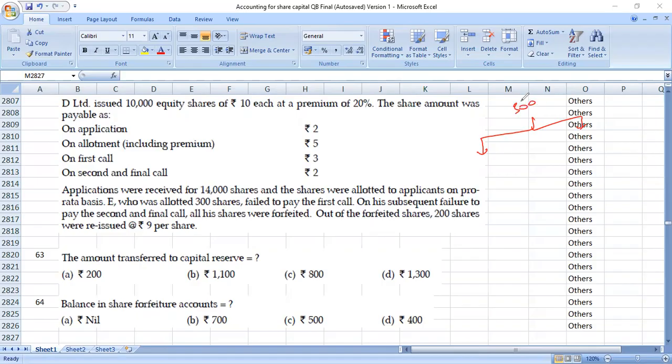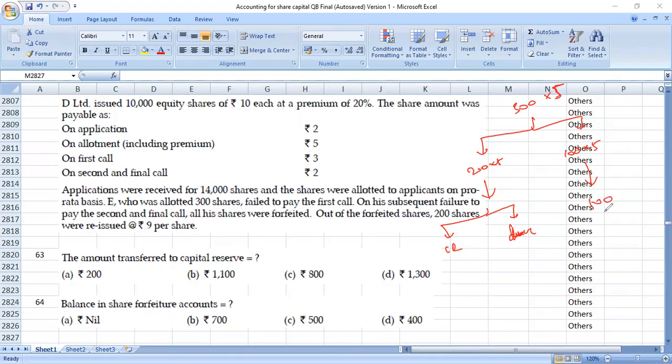Forfeiture shares account-ல இருக்காது. 300 shares were reissued, 5 rupees per share. 300 shares were forfeited, gain on forfeiture 5 rupees per share. 200 shares reissue ஆயிடுச்சு. So இது சம்பந்தப்பட்ட gain on forfeiture either capital reserve போயிருக்கும் இல்லை share discount, loss on issue of shares write off ஆயிருக்கும். The 100 shares ஓட தான் மிச்சம் இருக்கும்.